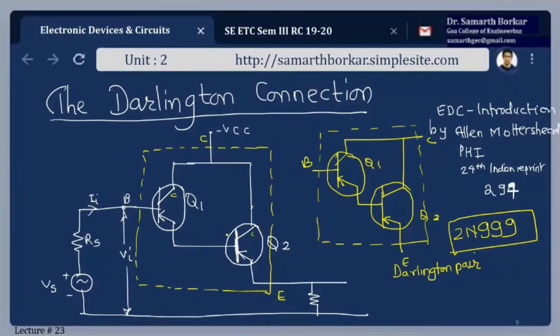What do you mean by emitter follower? Whatever signal we apply at the base, the same signal will be available at the emitter. Now what is the job? See, in a common collector circuit, if this is input, I'm going to get the same output. Then why do we require such a thing? That is for impedance matching. This offers you a very, very high input impedance.